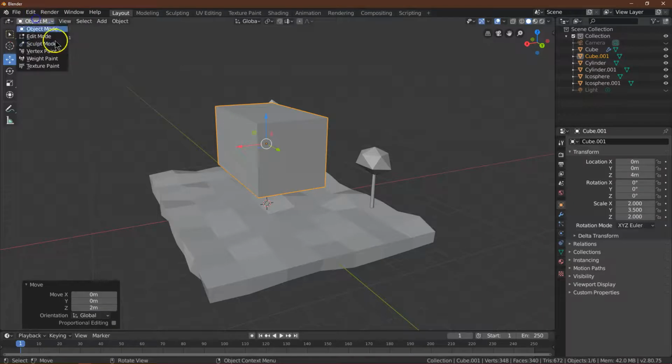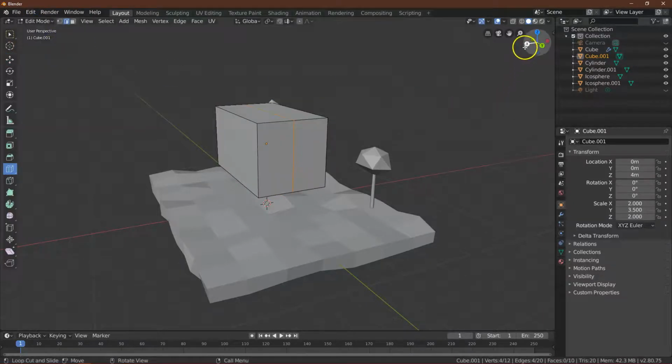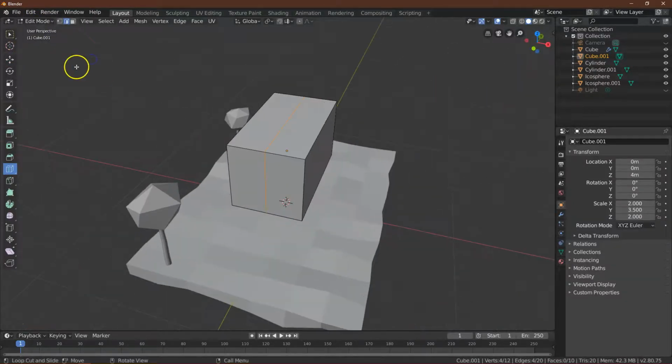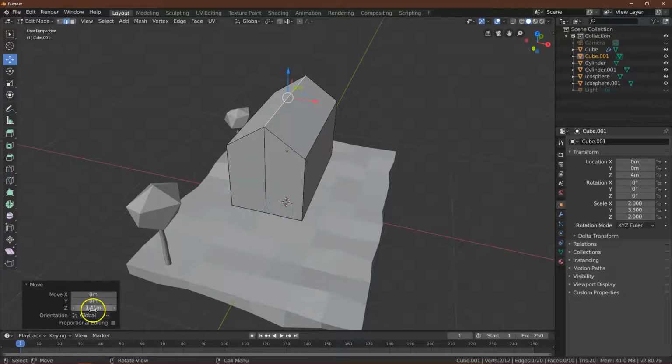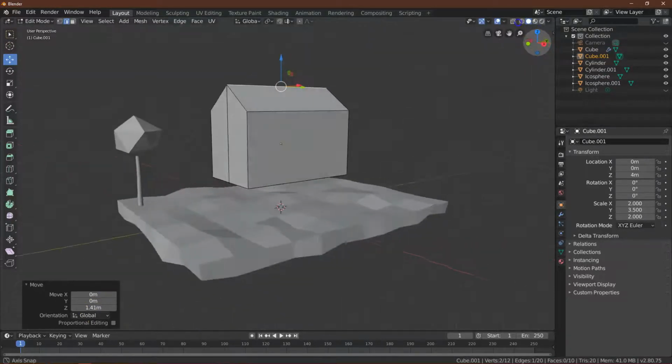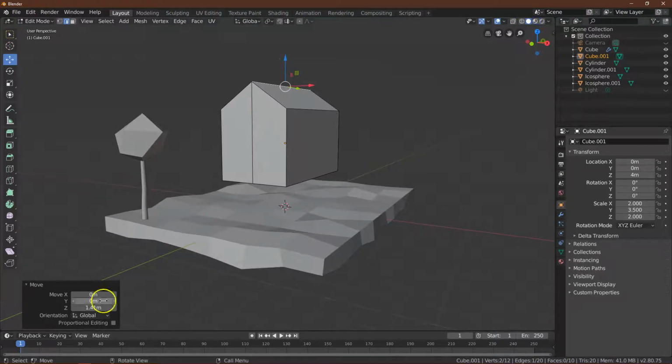All right. Edit mode. So I did a loop cut, and with my loop cut, I'm going to go boop, boop, boop, and notice where I have clicked. Now that I have clicked here, I'm going to go ahead and pull up. I like to set my roofs at 1 point